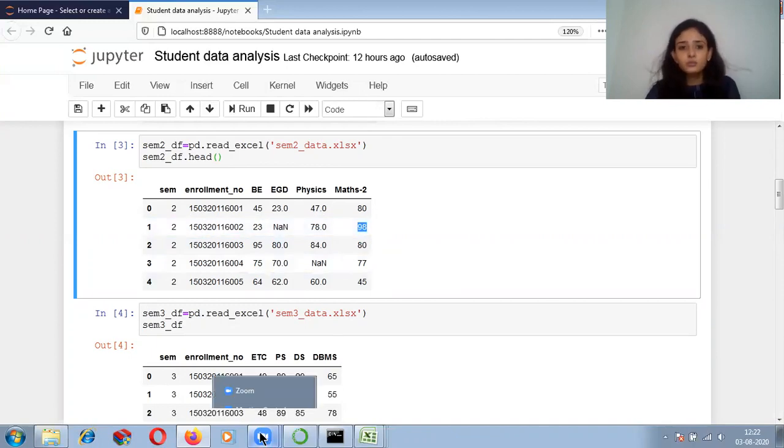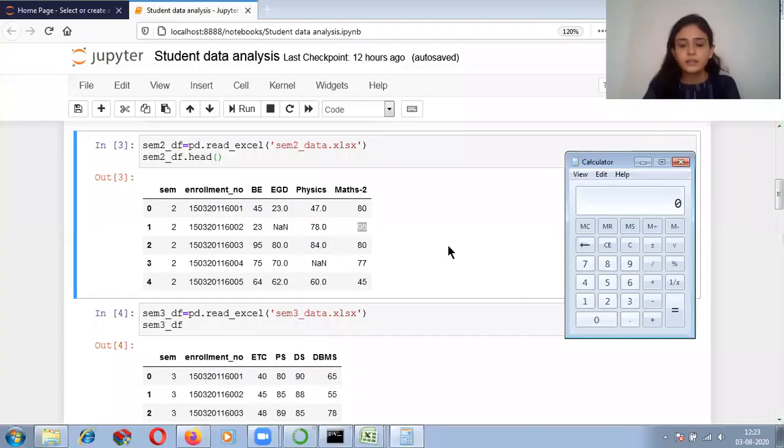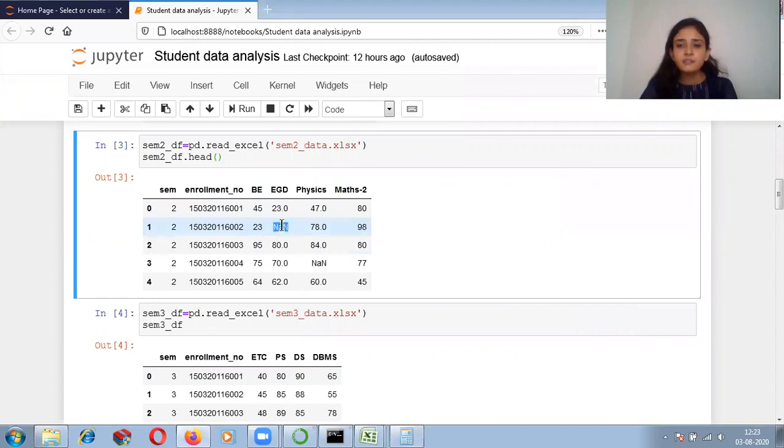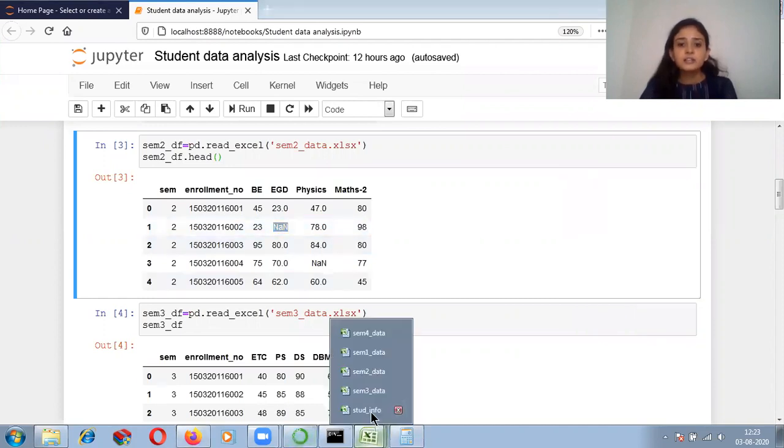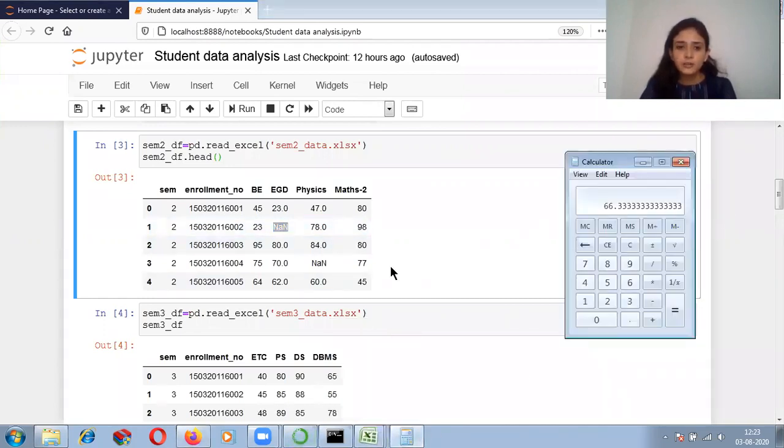So what can I do? I will take the mean of all these marks. I will do 23 plus 78 plus 98, and divide by 3, because my total number of subject marks is 3. So my answer is 66.33. I will replace this NaN value with 66.33.